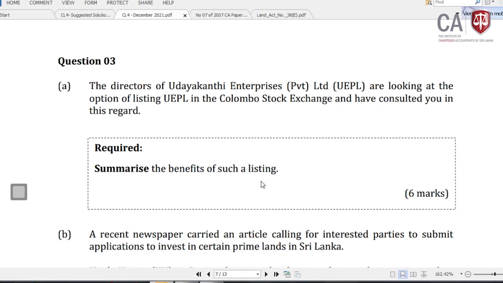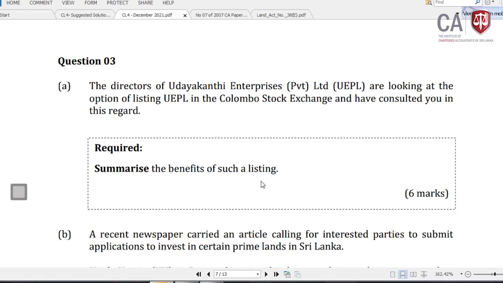So once a company is listed, basically it will improve your image in the market. People will get to know about the company. The reputation of the company will increase. As a result of that, you will be able to attract more customers. You will be able to attract more investors because you will be able to boost the confidence in the general public. If you want to issue shares,